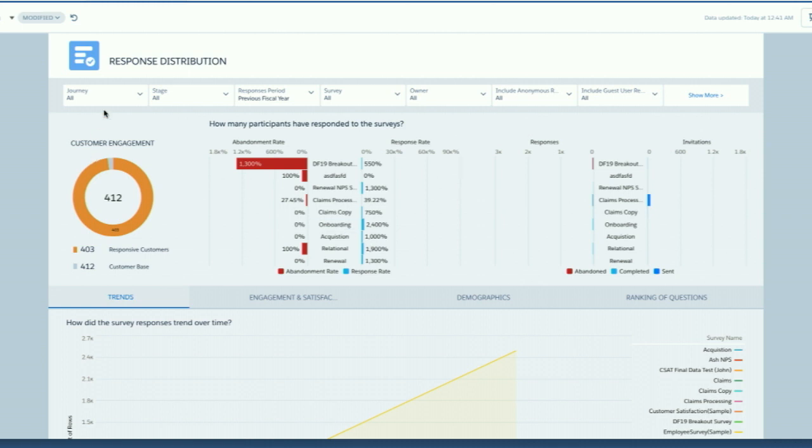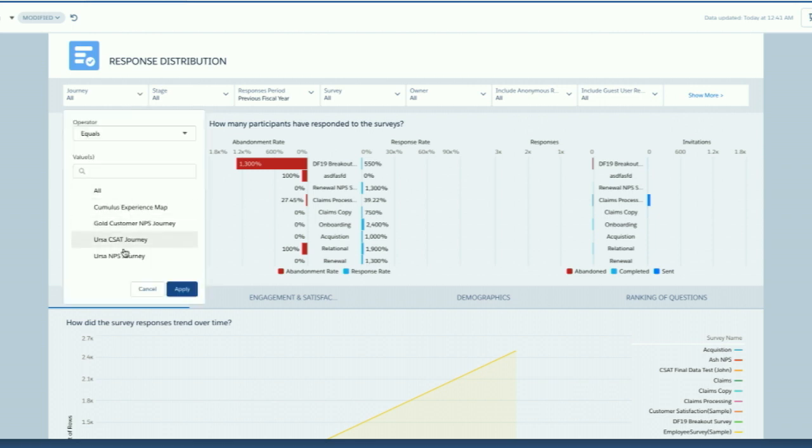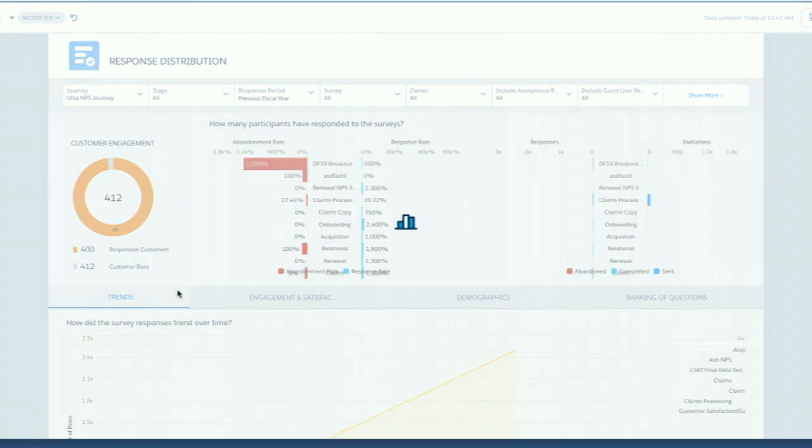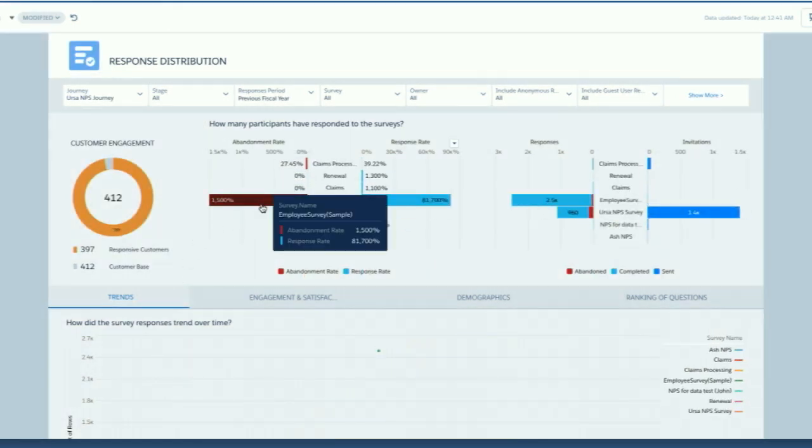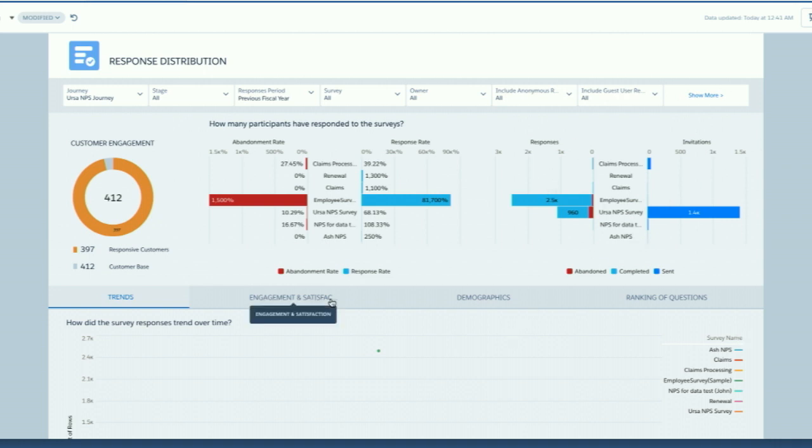So in this case, you can see for all the surveys that you are sending, how is the abandonment rate, how is the response rate, how many responses you are getting, and how many invitations have been sent out. Basically, it's going to help you reach out to your customers in meaningful ways and at appropriate touch points of